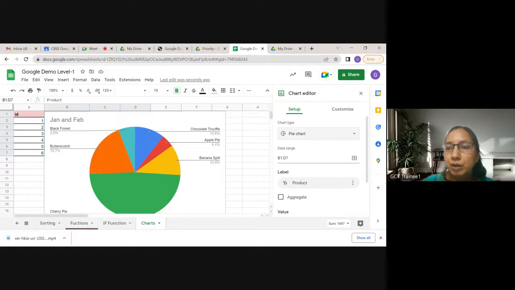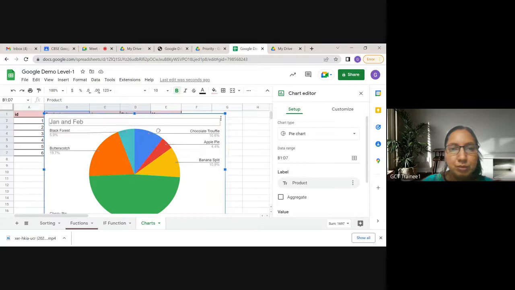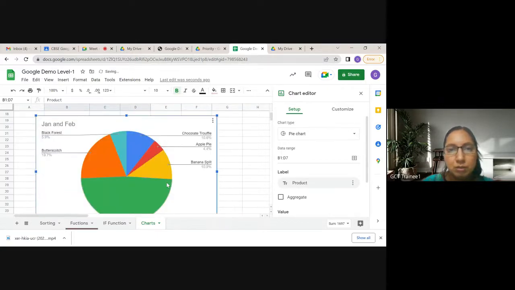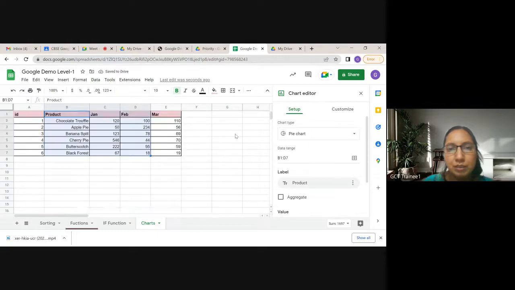You can also modify the data range from the chart editor. So instead of B1 to D7, you can select some other range. If you want to include, I'll just show you this also, March also. So the month of March you can include here by specifying the month here. So you can modify, instead of D7, I want to give E7. So E7, and now